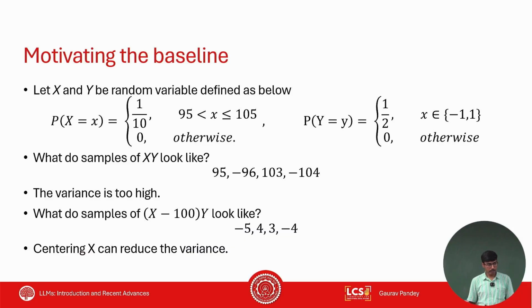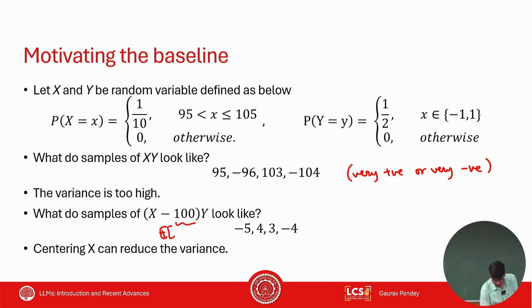So if I sample from the product of these two random variables, x times y, what will the samples look like? They might be either very positive or very negative, right? In other words, the difference between the samples can be very huge. And mathematically, you can say the variance across these numbers is going to be very high, right? But if you have taken the mean of x and subtracted, so 100 is the mean of x,